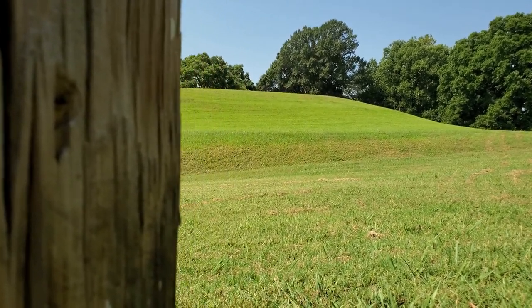This place was first occupied by the Chickasaw Indians in the early 1600s to the early 1800s. And there are two mounds. And as a matter of fact, I'm standing on top of one of them right now. And this is really neat. I thought that these were